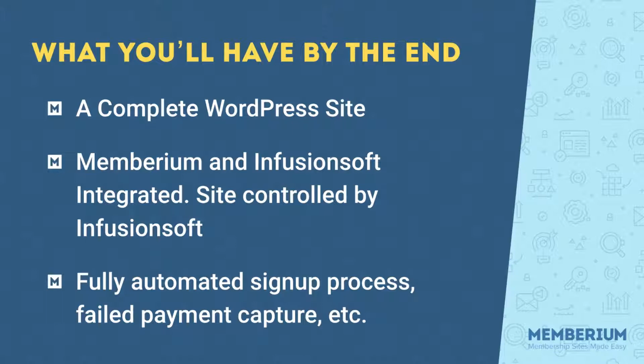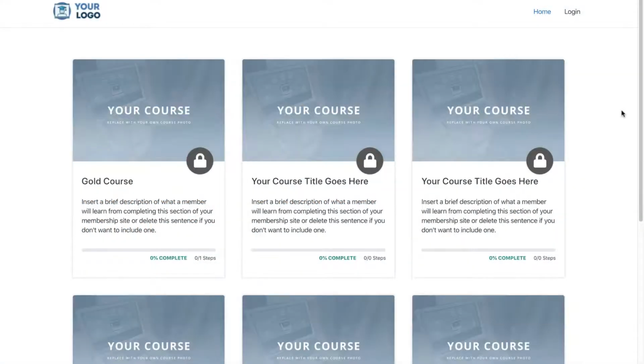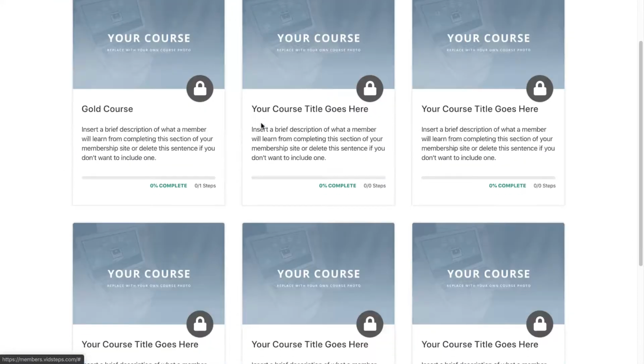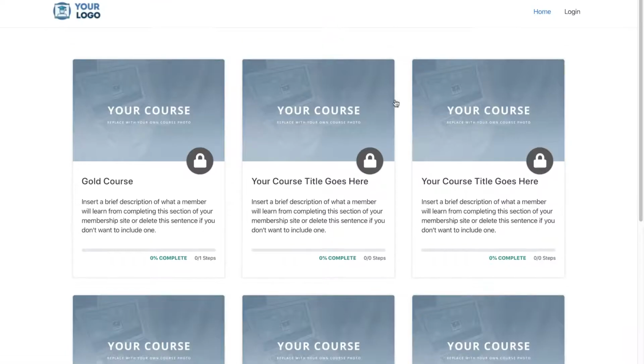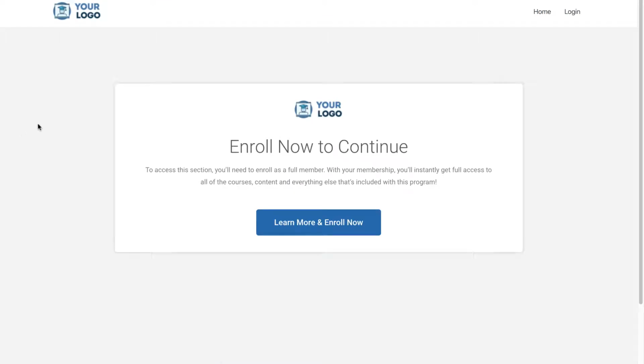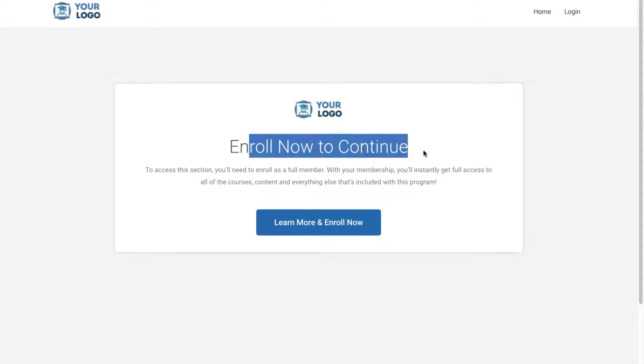So let me actually show you really quick what the site's going to look like. Okay, so if you follow the steps, then your site's going to look something similar to this right here, where the home page is going to have your logo. You're going to have home and login up here in the top menu, and then you're going to have your different courses right here. And so if somebody wanted to purchase a course, for example, they could just click on it. Nobody's logged into the site right now, and as you can see, it's telling them enroll now to continue,